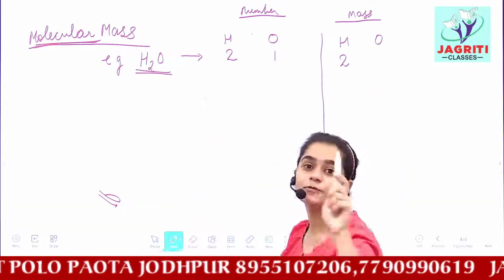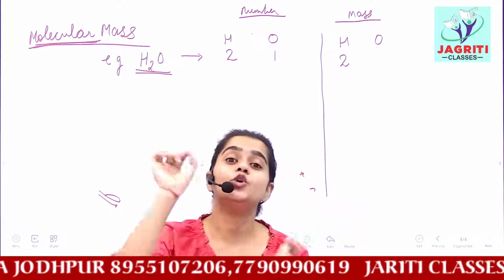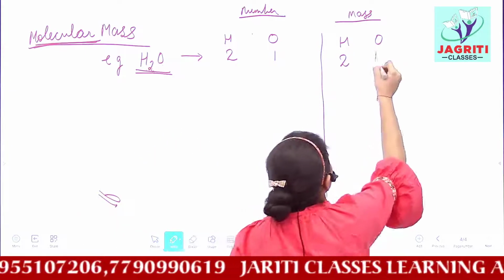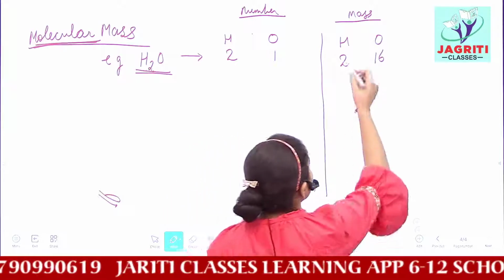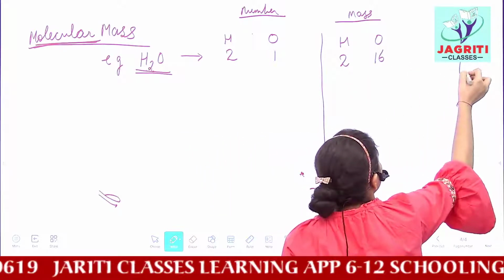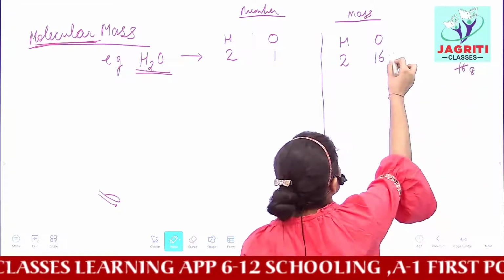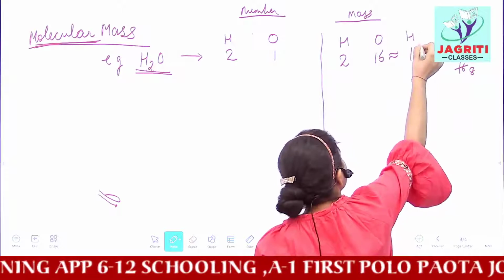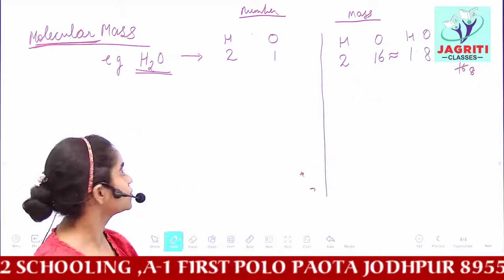The mass of a single oxygen atom is 16. Yes, this you will get to know from the table. So we'll write that it is 2:16. When you simplify this ratio, that is 2/16, you will get 1/8. So this ratio can be written as 1:8. The ratio of hydrogen to oxygen based on their masses is 1:8.